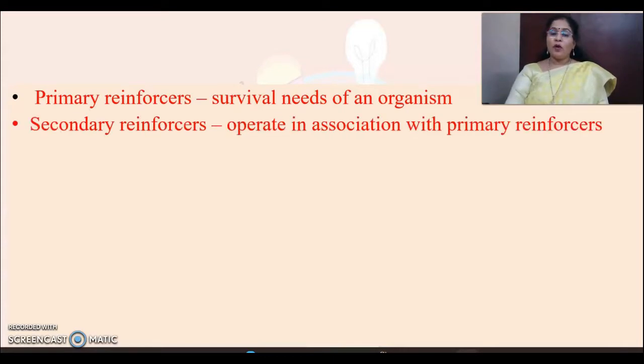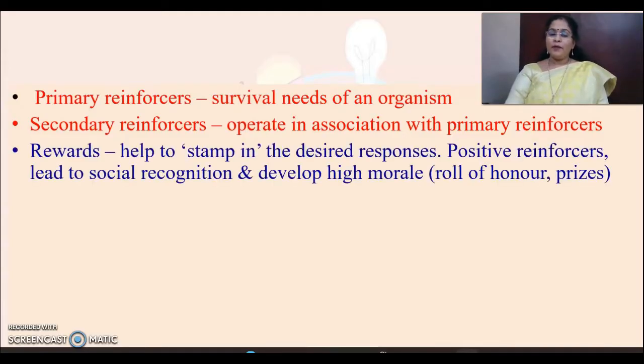Secondary reinforcers operate in association with the primary reinforcer. Without satisfying your hunger or thirst, you cannot aim for the next level. Rewards help a person to stamp in the desirable responses. Positive reinforcement leads to social recognition and develops high morale. For example, if a child is getting first rank, if the child's name is written on the roll of honor, and if he or she is given some prizes, again and again the child will try for getting first